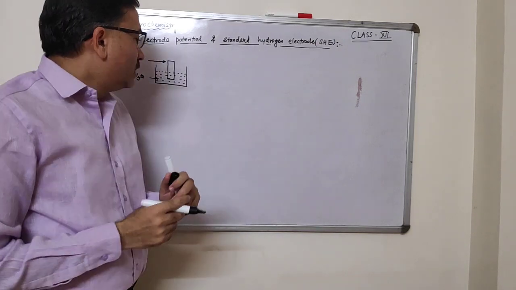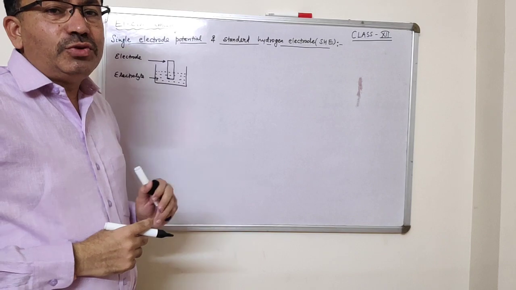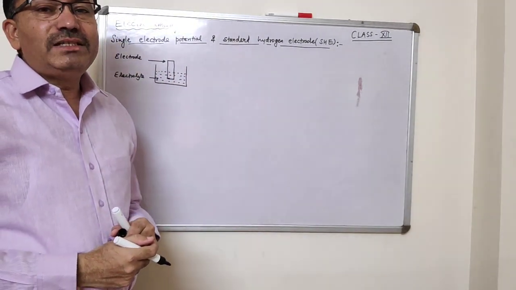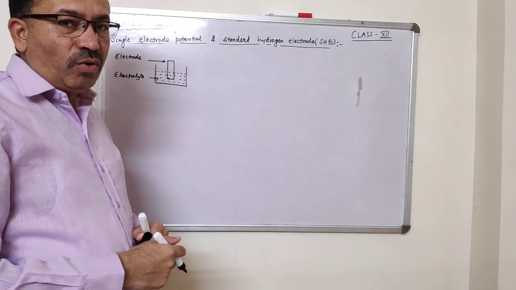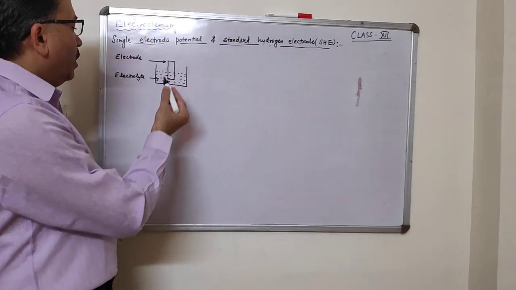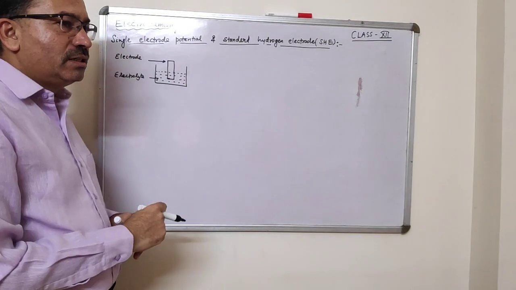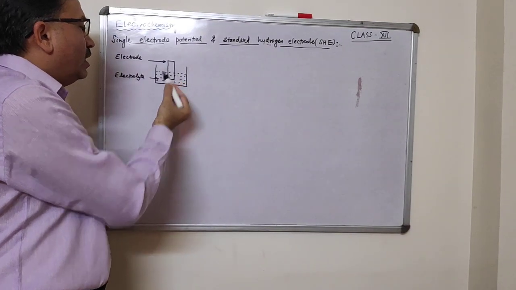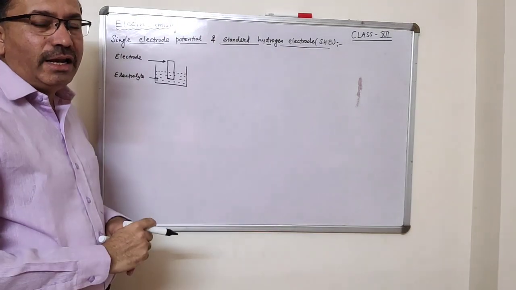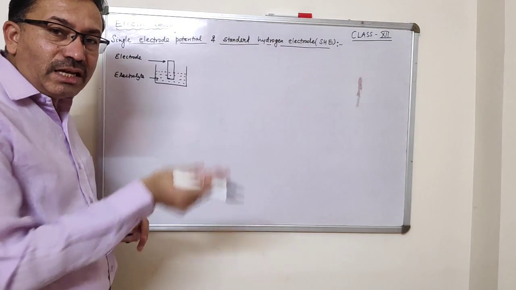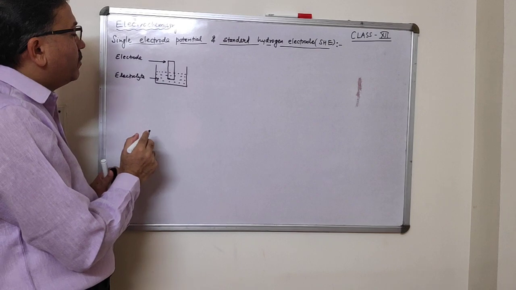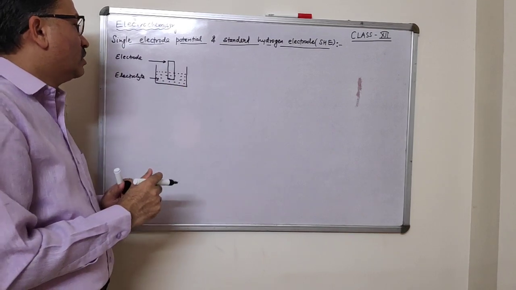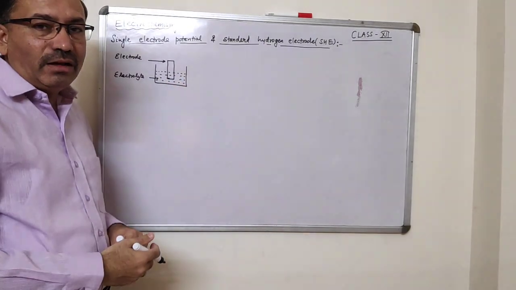Now what happens in this situation when we connect both the electrodes with a salt bridge? Two incidences happen. At the anode, oxidation takes place: the metal present at the electrode gets oxidized and electrons are released. Whereas at the cathode, reduction takes place: one of the ions of the electrolyte gains electrons and converts into the metal.